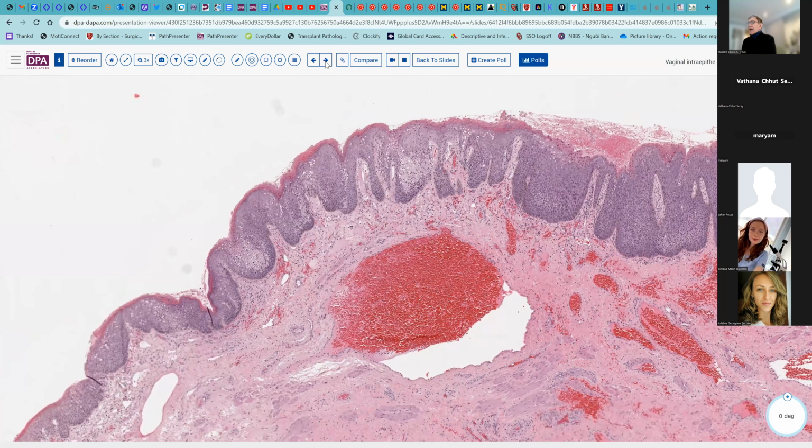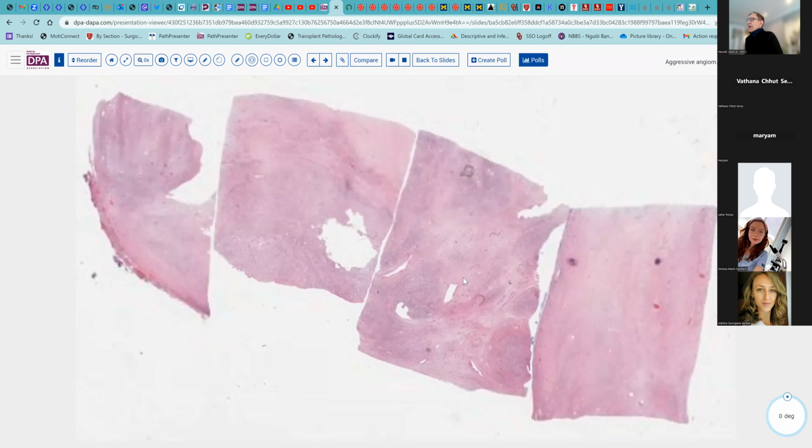So similar sorts of changes could be seen in the vulva, of course. So let's move now to a little bit deeper lesion. And this is a lesion that presented as a somewhat bulky submucosal mass in a woman that seemed to be partially obstructing the vagina and maybe interfering a little bit with her urination, causing